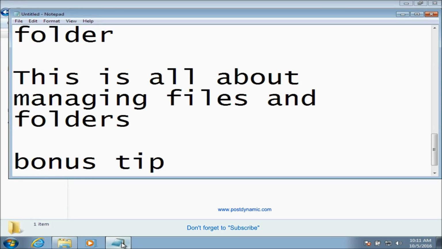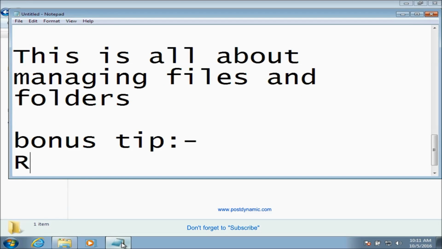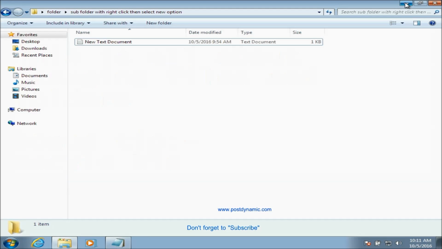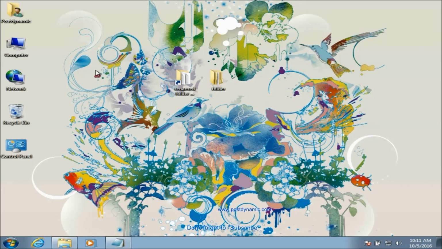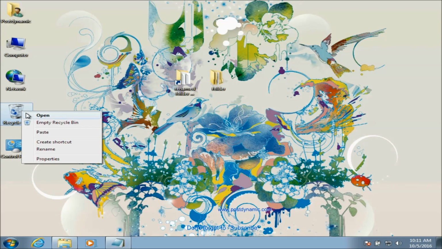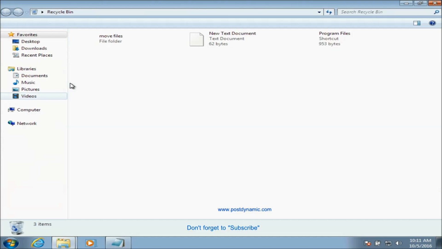For now, tip for you is recycle bin. The files you have deleted are stored in the recycle bin. Folders and files you have deleted are in recycle bin. So to delete permanently, just open recycle bin from desktop by double click icon of recycle bin. Now select the file which you want to delete permanently,